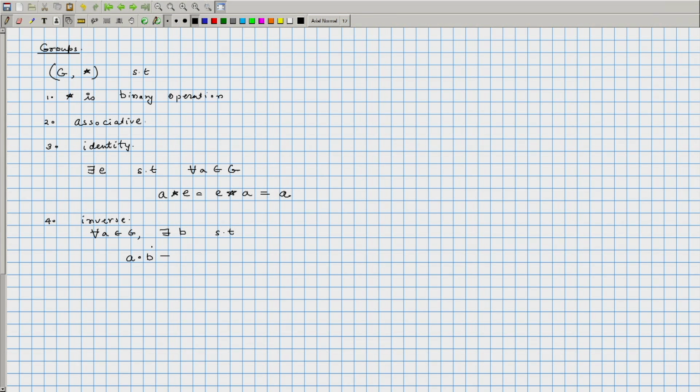A multiplied by B or A star B is equal to B star A, and that will be equal to identity. So, if you can find a set equipped with a binary operation, which has these properties, that is, it is associative, it has an identity, and every element has an inverse, then we say that this is a group. Okay, so let us look at our example. We had 4 colors. Let us call these colors by letters.